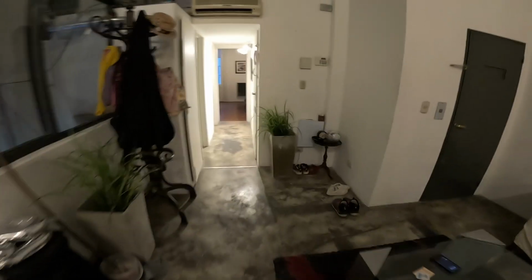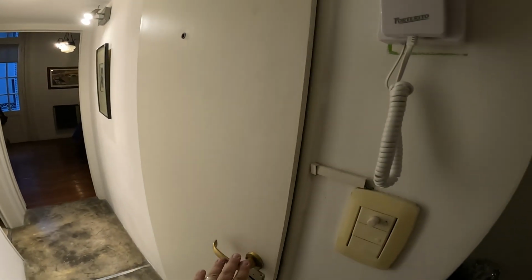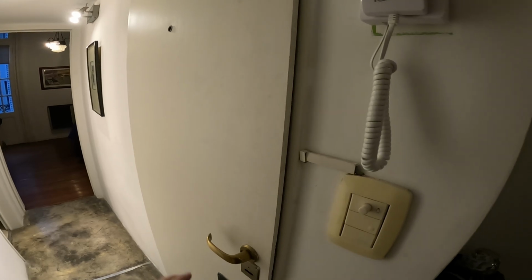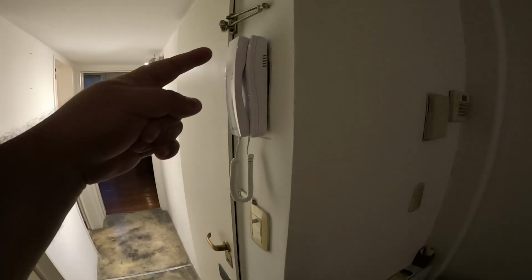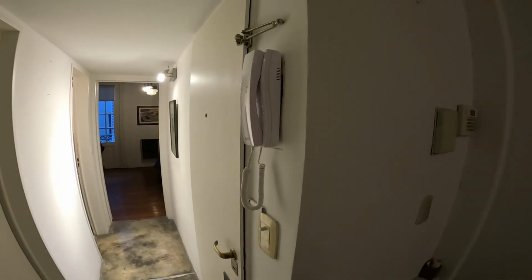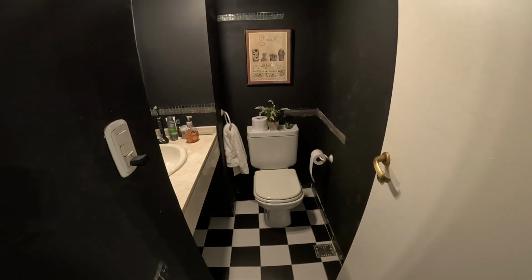So yeah, this is the chair that used to be up there. And then here, this is just the water heater and stuff. The AC that's a little old, but kind of works still. This is another door, like a service door, to go into the stairs if the elevator isn't working, but I've never used that one. When someone rings the bell, you can see who it is through here. Then this is sort of my bathroom,